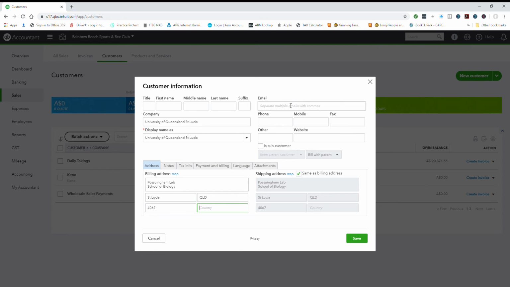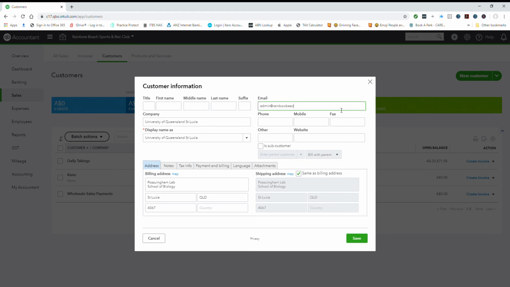And you should be able to put in here an email address. So in this email address, when you prepare the invoice, you can email direct from the software to the client. And in this instance, I'm actually sending the invoice direct to Lou, and then Lou is going to send it to the clients. But if you have the clients,